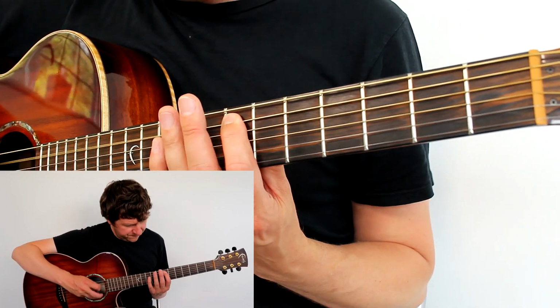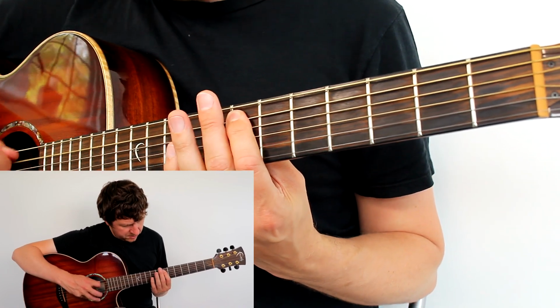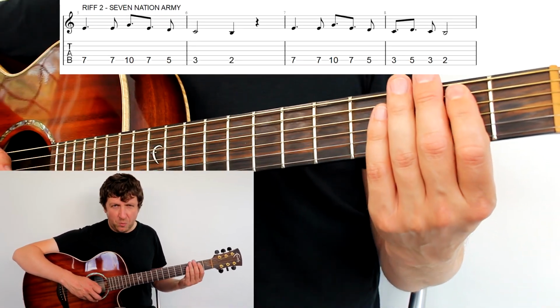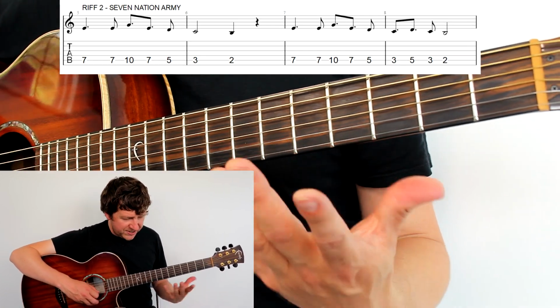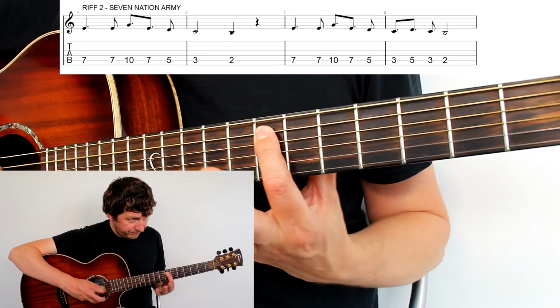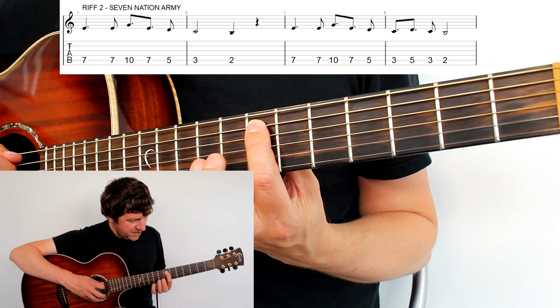Riff 2. Seven Nation Army by the White Stripes. Classic rock riff. Once again, all on that index finger. We're going to start on fret 7. But this time we're on the next string down, the A string. So we're going to pick that